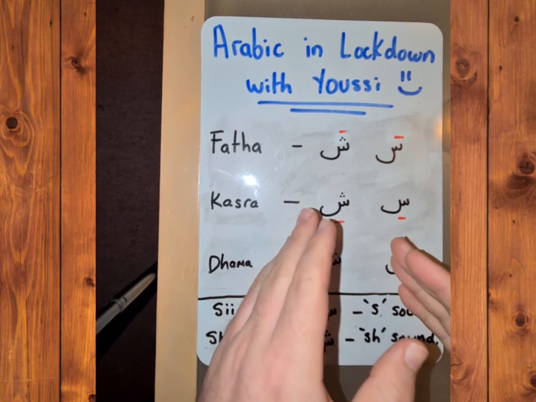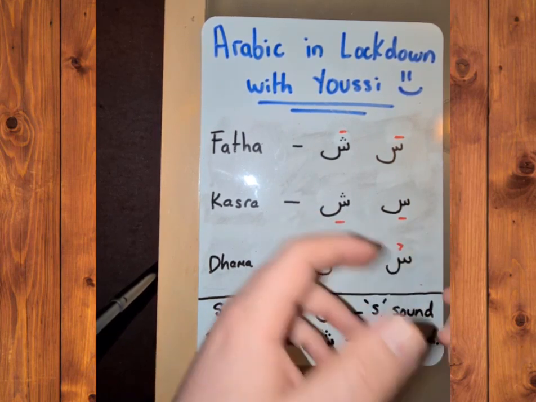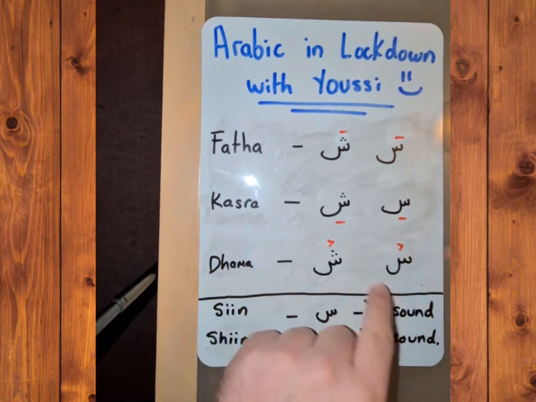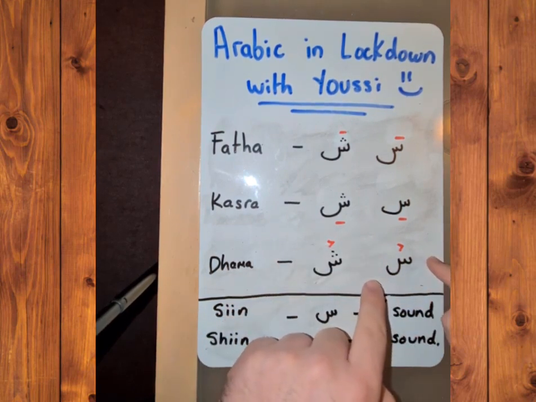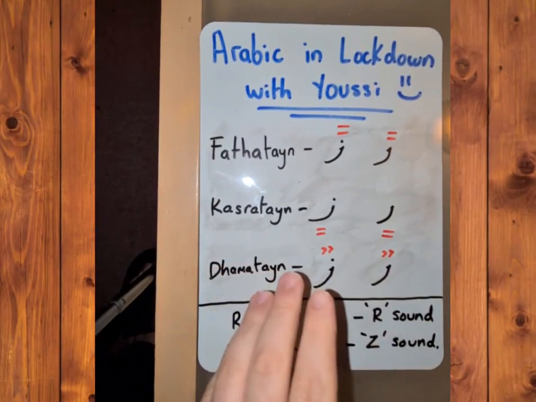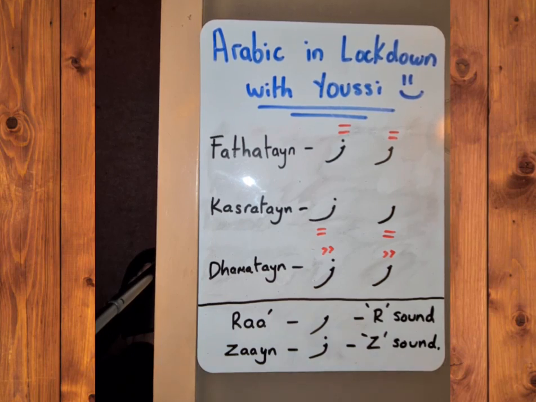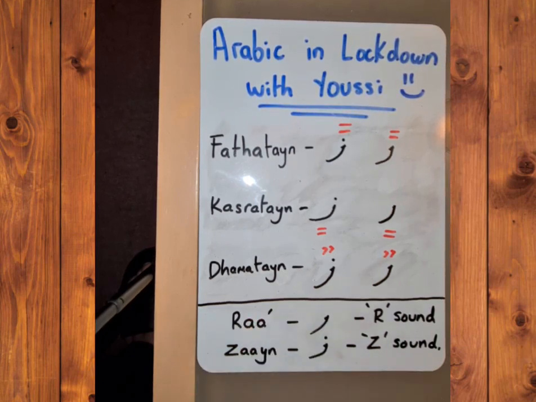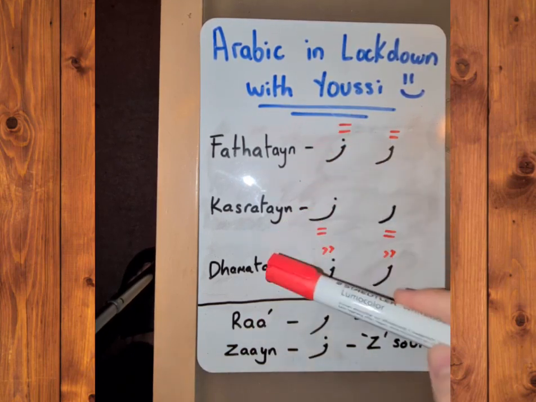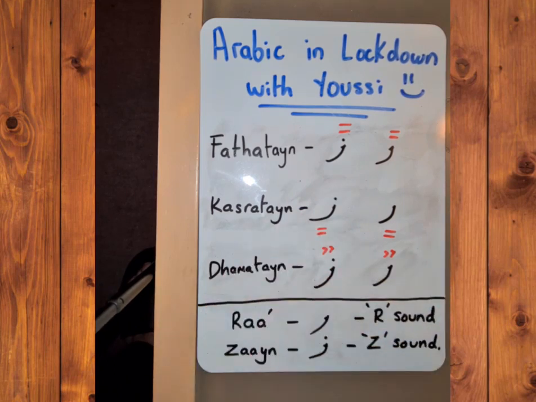With sin and sheen, unlike with ra and zain, depending on where we write them in a word, they can be joined from the right or from the left. After having looked at the fatha, kasra, and dhamma for each of these letters, we move on to looking at the fathatain, kasratain, and dhammatain. As is the norm in previous lessons,